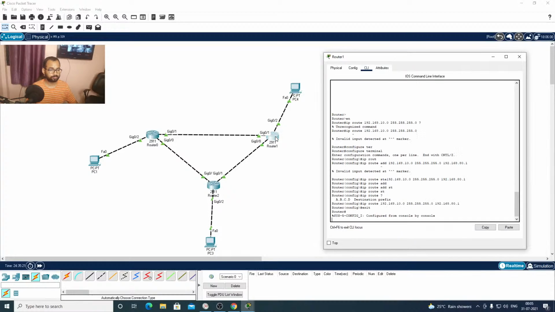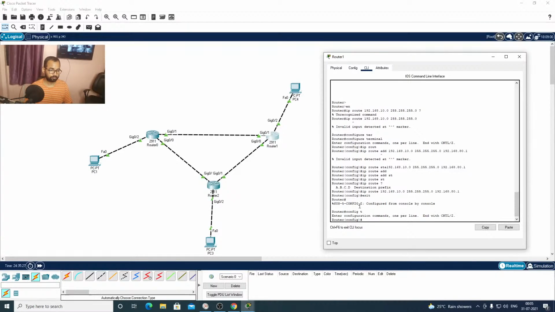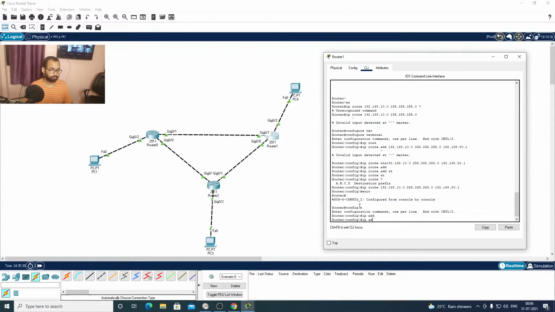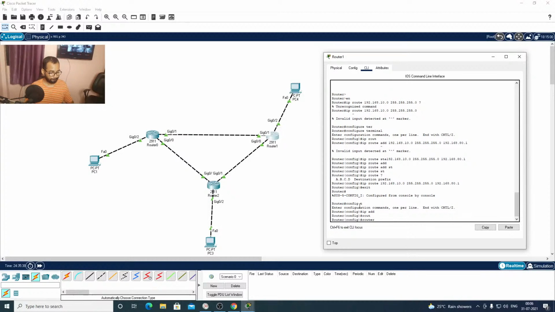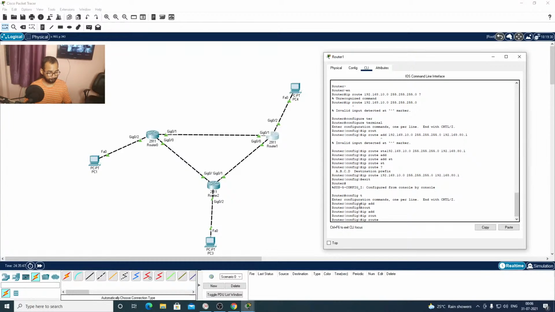Similarly, we'll add the address in this router. The next router will be 192.168.90.1.